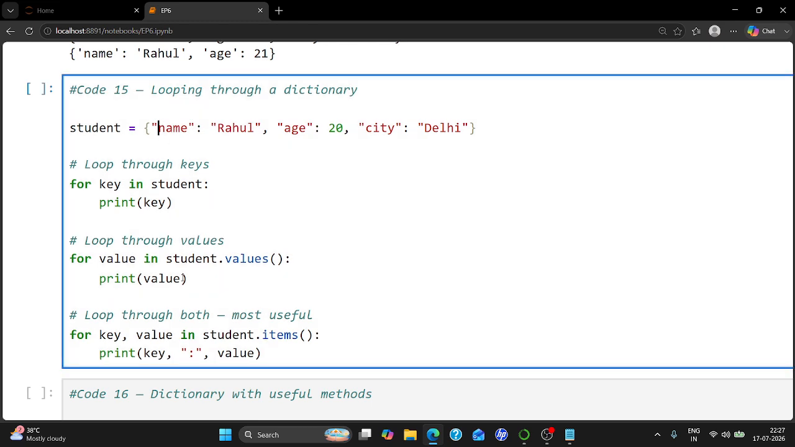Name, age, city, but it won't print the value. Now you can loop through values with for value in student.values. Remember, if you want to loop through values and get the values only, you will use student.values. Okay. For keys, you can do just for key in student. By default, it will just print the keys: name, age, and city. When you loop through values with for value in student.values, it will print all the values: Rahul,